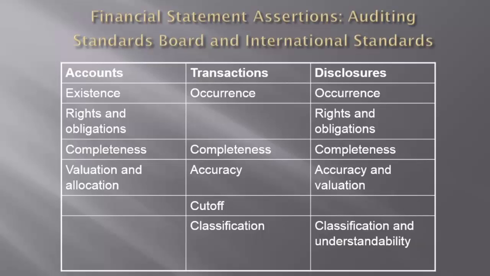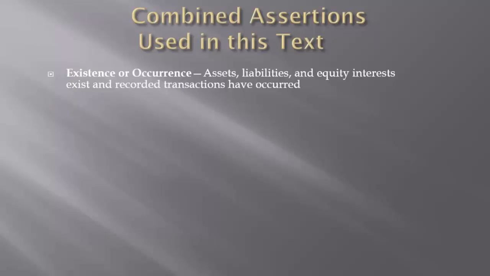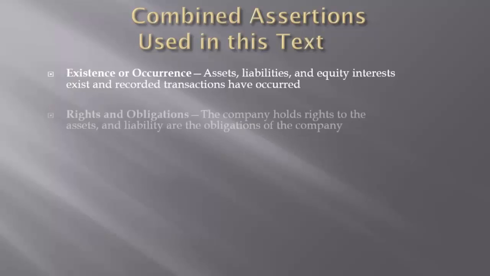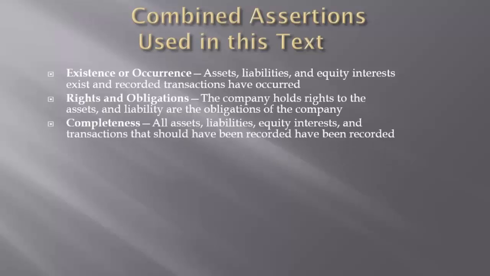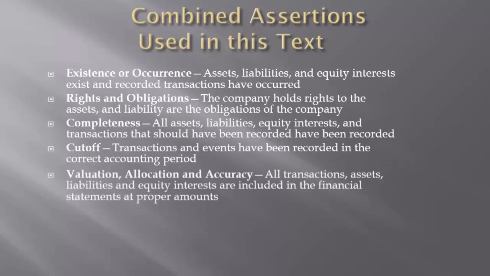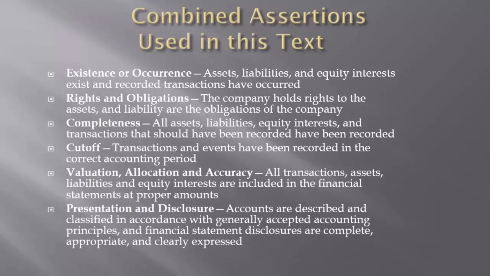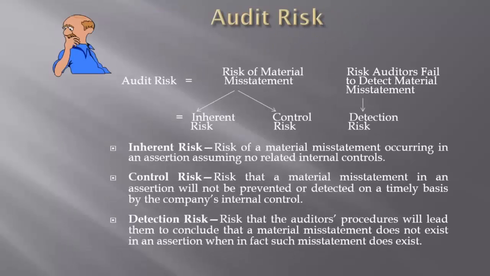So the basis of our audit is the management assertions, and this table here really identifies what these management assertions are. So we talk about existence and occurrence, and again, these are our account balances, rights and obligations, completeness. I think we've pretty much covered all of these issues here. Let's go back to this concept of audit risk.